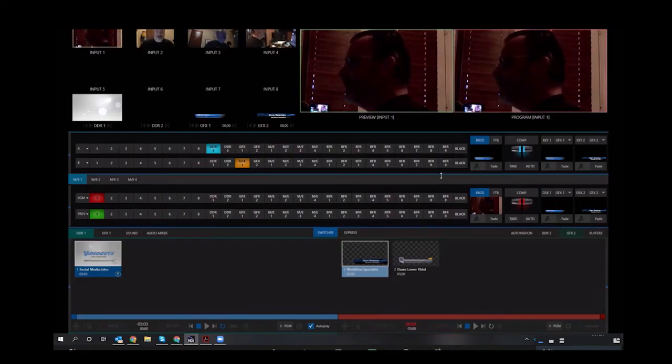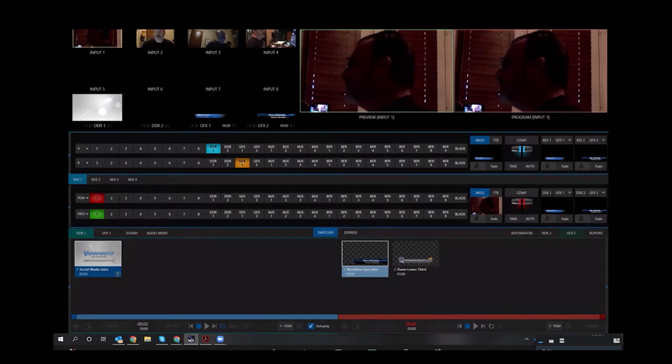So, Gary, here we are in the TriCaster Mini interface. One of the things I want to point out too is I'm using the KVM feature. So this is actually my local computer controlling my TriCaster Mini. But the thing I want to point out is this Mini, it's the standard TriCaster interface. So you've got all the functionality, you've got all the control there, but sometimes that can be a little daunting